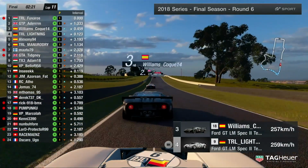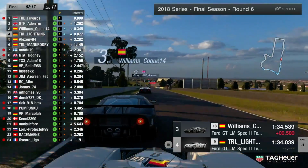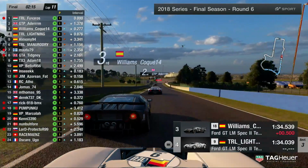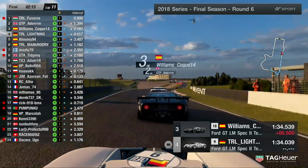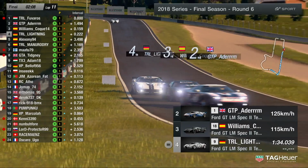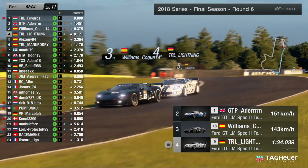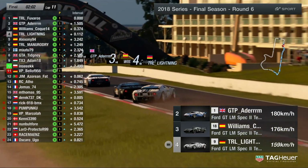Here we are then, Koke. Will he go to the inside here? Will we see him defend? Looks like he's going to try and stay on the left-hand side. Lightning goes to the inside. He'll have the... No, he's not. He's going to wait. He's going to wait for the left-hander at the end. Adam having to try and block a little bit as well. He's got no slipstream down the straight. They're all going to stay 2, 3, 4 for now. But right now, the person in second place is pretty much...